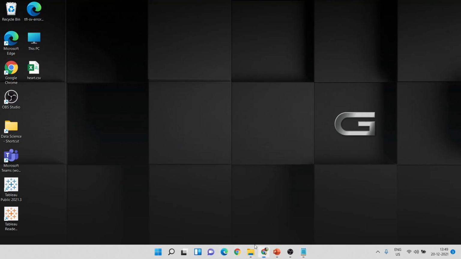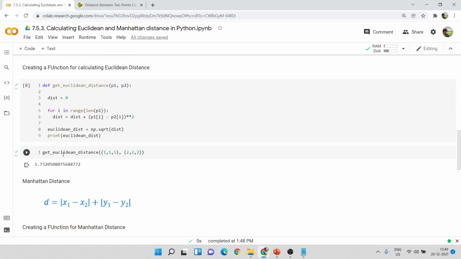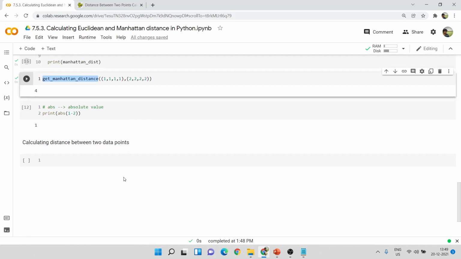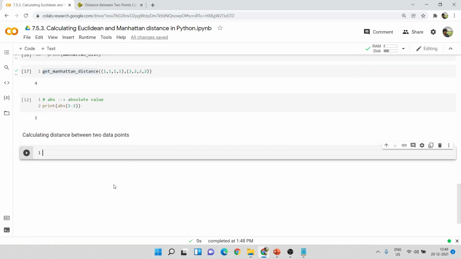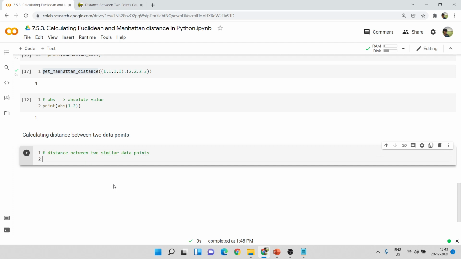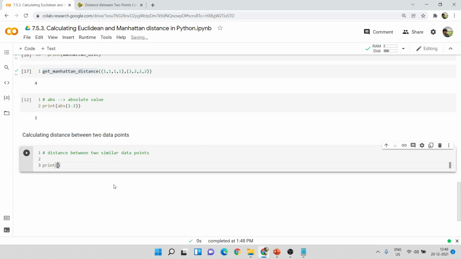So we are going to use the functions get Euclidean distance and get Manhattan distance in order to find this difference. So I'll create a comment here as distance between 2 similar data points, and let's try to print get Euclidean distance value